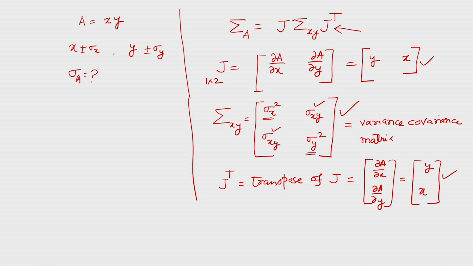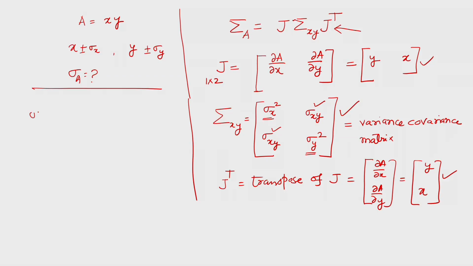A is a single variable, so what is the covariance of the variable by the variable itself? We can have only one term that will be equal to sigma A square, right? The idea here is, if there are two variables, we have covariance, but if there is only one variable, we do not have the covariance. What will I do here? Now I will write sigma A square is y x, sigma x square, sigma y square, and I make the covariance as 0.